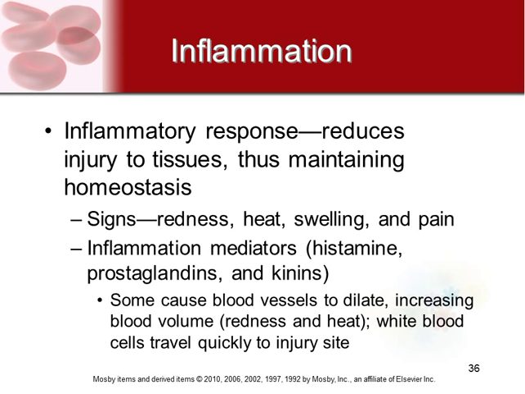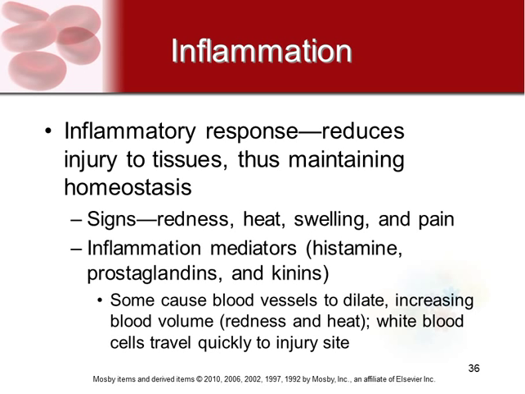Your inflammatory response is supposed to reduce the injury to the actual tissue in an attempt to maintain homeostasis. So normally when there's inflammation, there's redness and heat and swelling and pain, and that's because your body's trying to flush a whole bunch of resources to the area. So it's bringing a lot of blood and oxygen and white blood cells and all of this stuff to the area to try to heal it. It wants to reduce the injury and try to contain it.